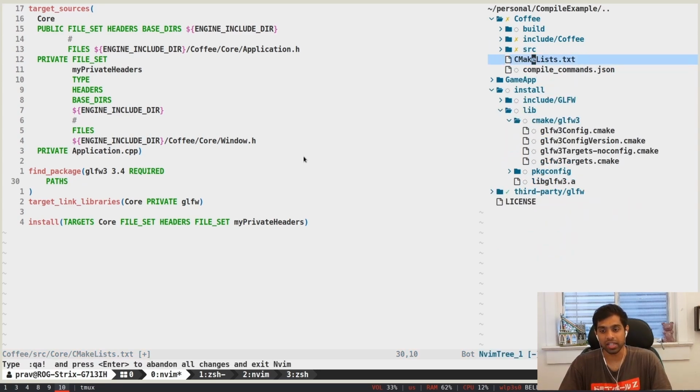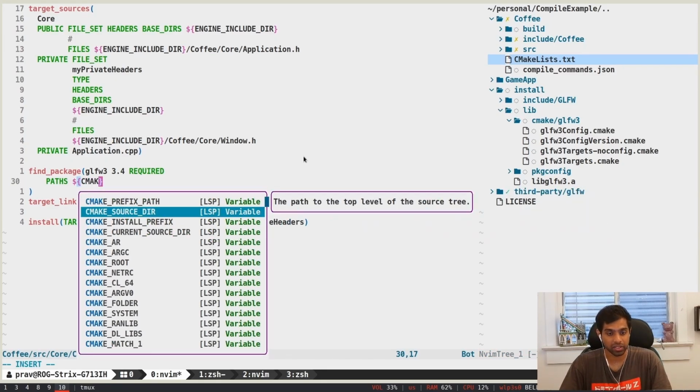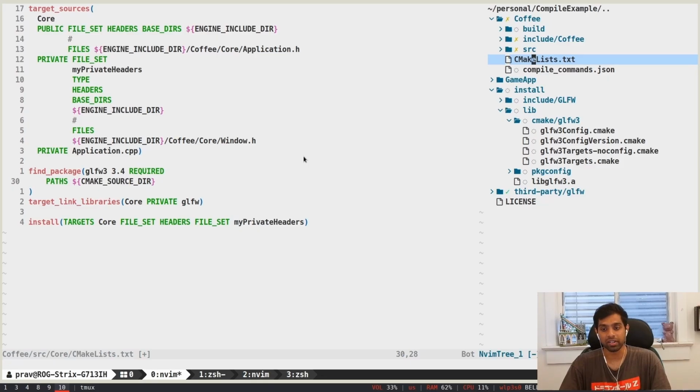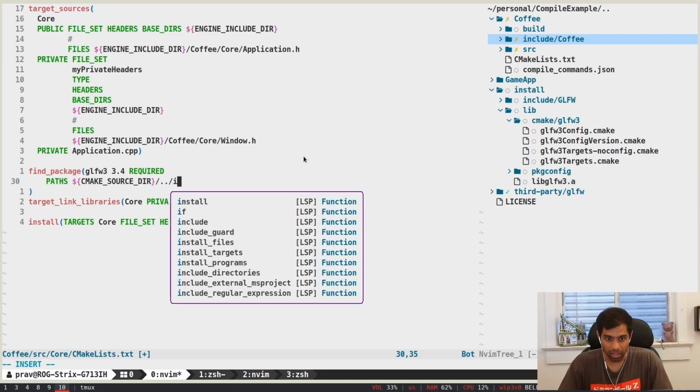So what I'm going to do is use the CMake source directory variable again, so that I can relatively add a path to that, right? To reiterate, the source directory gives you the absolute path to wherever the root CML file is, which in this case is coffee, right? So we got this, and then we're going to have to go back one folder, and then we specify the